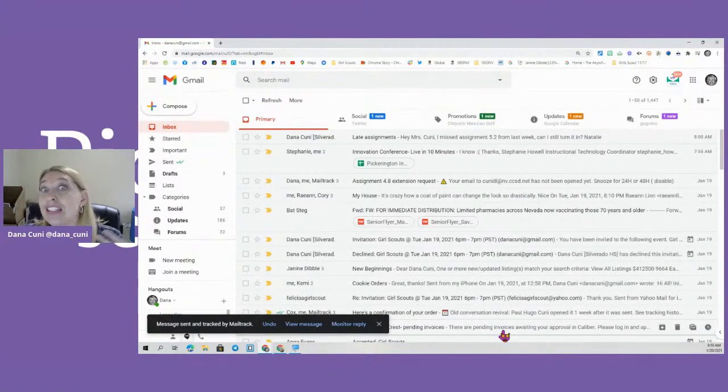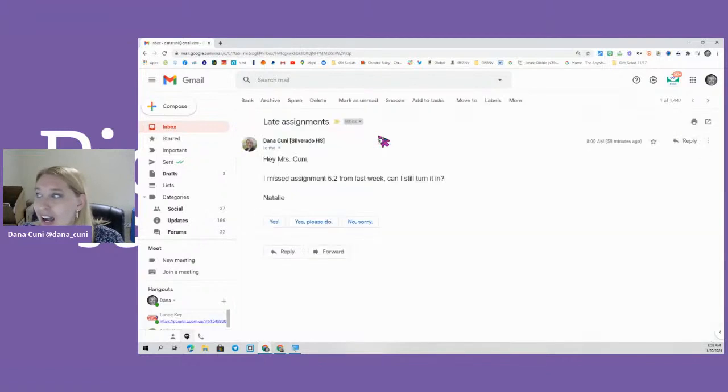Another great thing to do with this is to reply to emails. I often get the same questions over and over again, so whenever I get it more than once or twice, I always save the email as a template so that if I get it again, I can just go ahead and send it. So an example is due to double entering grades with digital learning,